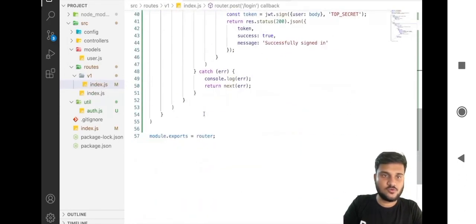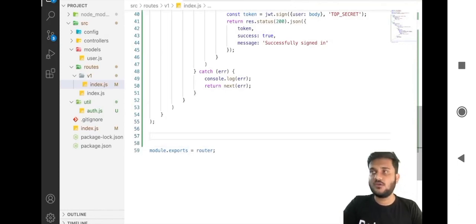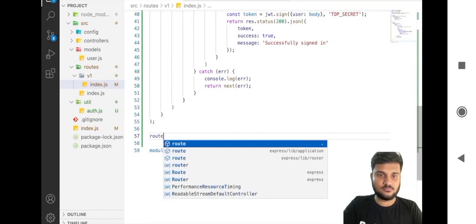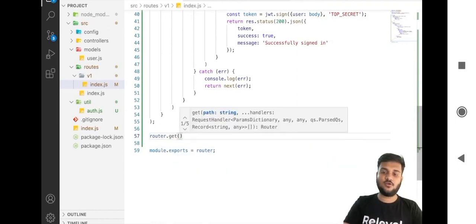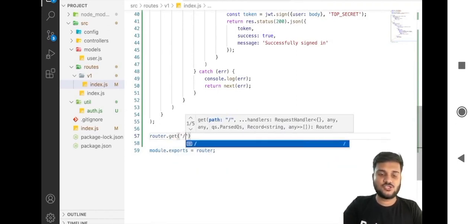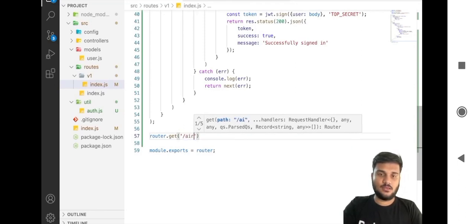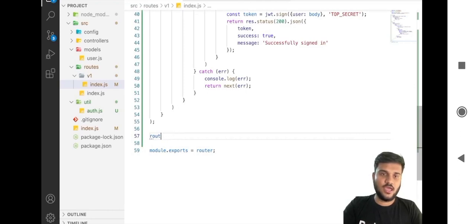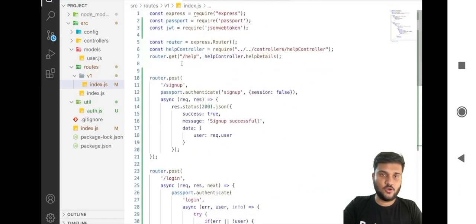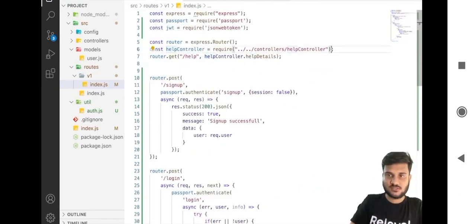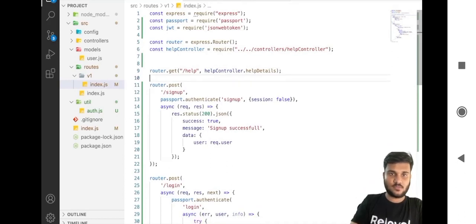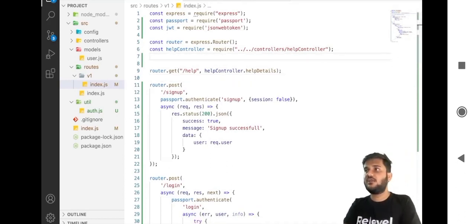We can go to routes index.js and let's add a new route. So let's say router dot get slash, or let's do one thing. We already have our help routes set up, right? We already have this help route set up. Let's use this. So what we can do is,